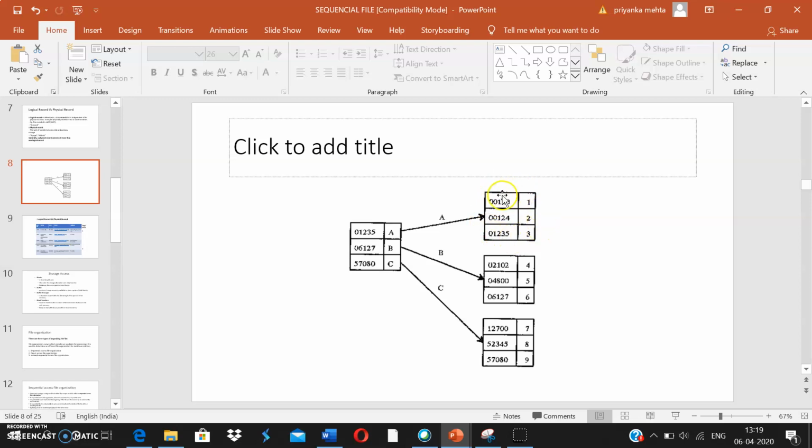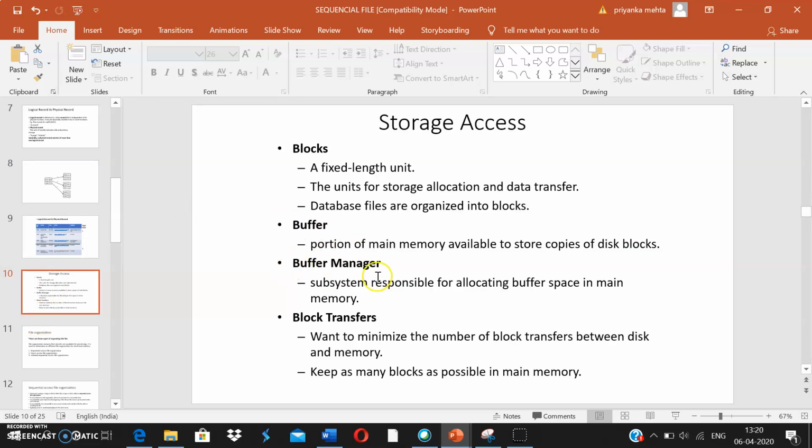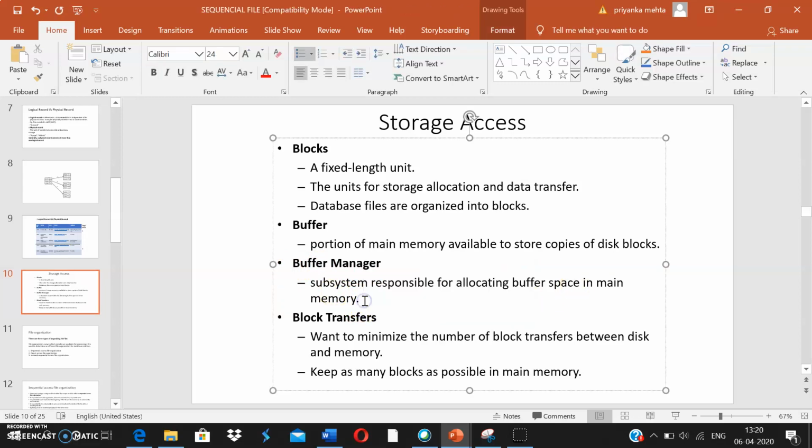It will come from disk to the main memory, and the space where it comes is known as the buffer. The buffer manager is a subsystem responsible for allocating buffer space in the main memory.